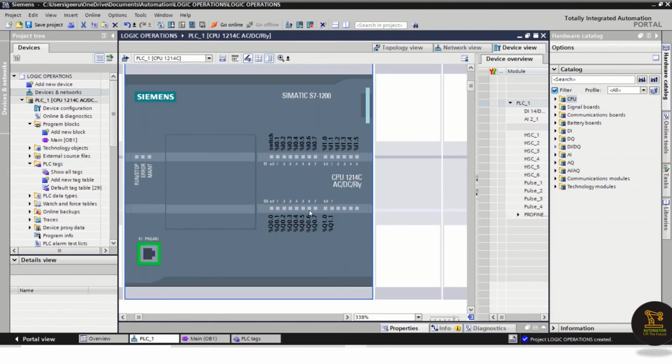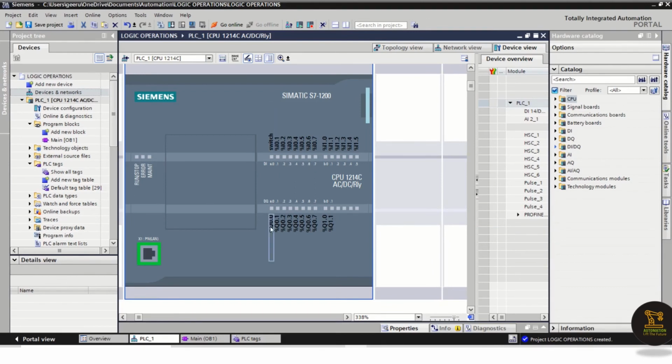As I told you, this is my PLC CPU 1214 AC/DC relay. I have a few inputs, 14 inputs are there, 10 outputs are there. The first input, what is the address, I0.0, I renamed it to switch right now, see. And the next input is I0.1, and the next input is I0.2, I0.3, I0.4, I0.5. Right? So these are the addresses already predefined. For those addresses, I am renaming with our own names, which we use symbolically to understand.